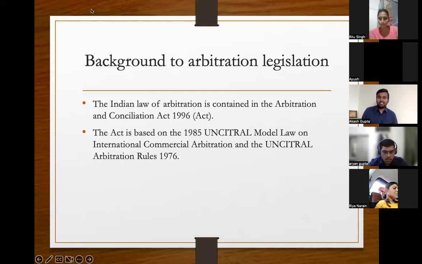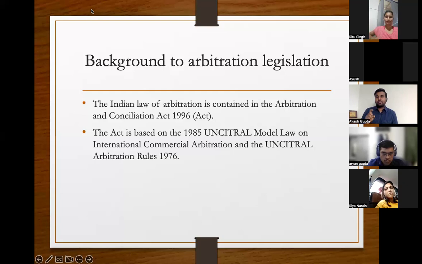Exactly, which is not the question. I didn't ask if it's an international commercial arbitration. I just asked you a very simple question. Unnati and Hussain have drafted a clause that India is the seat. Both of them are purely Indian. They don't have any company outside India. They have no relations outside India. All their assets and all the companies are in India. Now, who will appoint the arbitrator? Which courts will you go to?